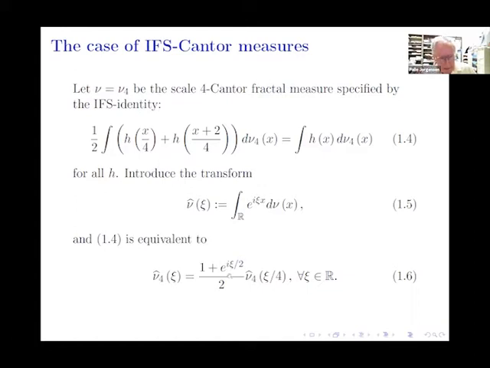And then you get a factor out like this, and then you can iterate the Fourier transform and you get an infinite product, which would be a continuous positive definite function, and therefore by Bochner, that's the Fourier transform of a unique measure, and that would be the measure mu4 that you have here. Mu4 is also known as an iterated convolution measure, or if you like, Bernoulli convolution measures.